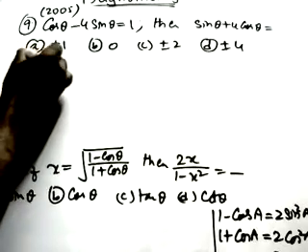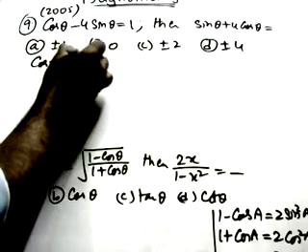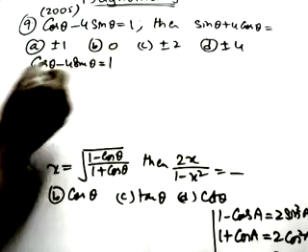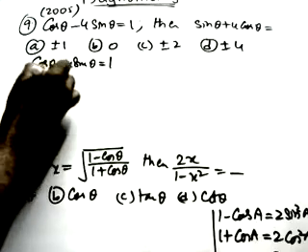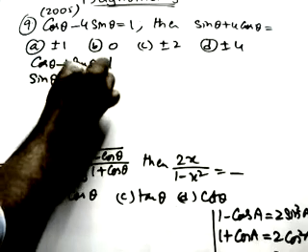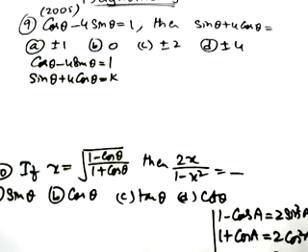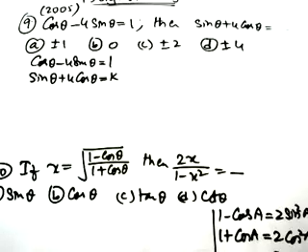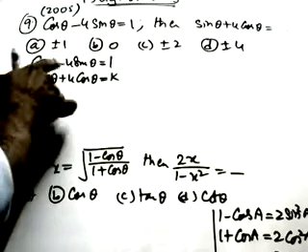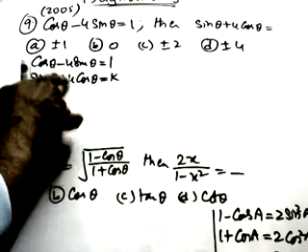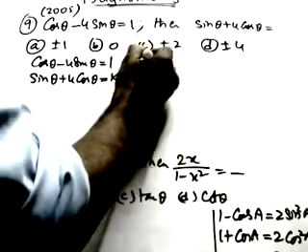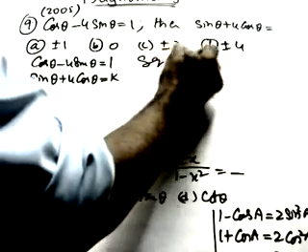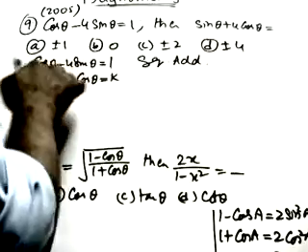Now see here, what is the next question. The question is given like this: cos theta minus 4 sin theta equals 1. What is the question? We have to find sin theta plus 4 cos theta. Let me suppose this as k. If you square and add, plus 2ab minus 2ab will get cancelled, and we get the value of k. So what we have to do, square and add.